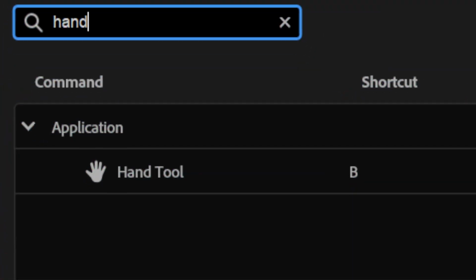And while we're at it, why not throw in the hand tool, aka B. Rarely do I use the hand tool, I mean, at least in my experience, but that's why I find B the perfect key. Again, you're seeing what I'm doing here, right? Because it matches the urgency of the tool. It's there, you're just going to have to reach a little further,